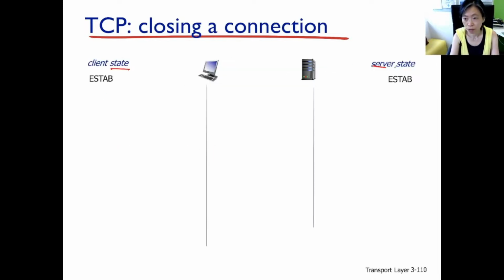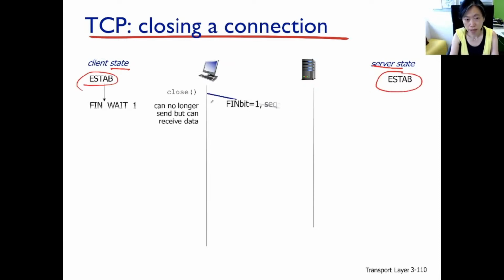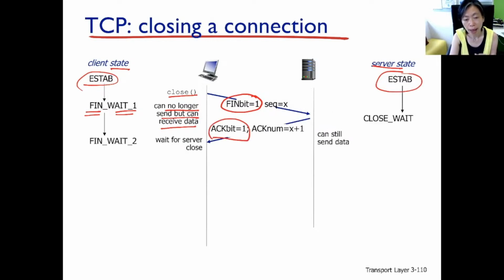So the client and the server are both exchanging data. And finally, the client here says, okay, I've finished sending all my data requests, so I'm ready to close. Then it's going to enter the no-longer-send-but-can-receive-data state. That is called send FIN, and now it waits for the rest of the data to come in. So you see here, the FIN packet is the packet with the FIN bit on. The server here, receiving the FIN packet, sends back an ACK, so ACK bit on, and then ACKing the sequence number. The server here will enter the close wait state.